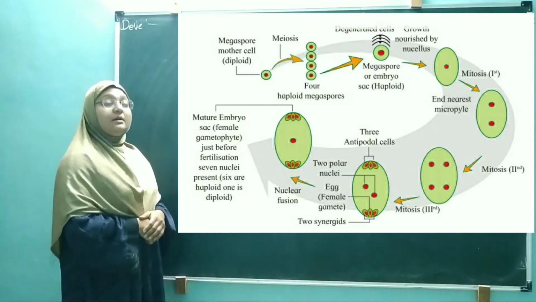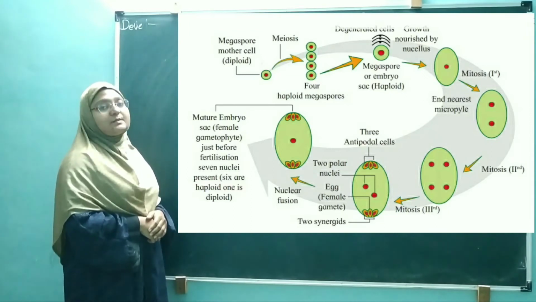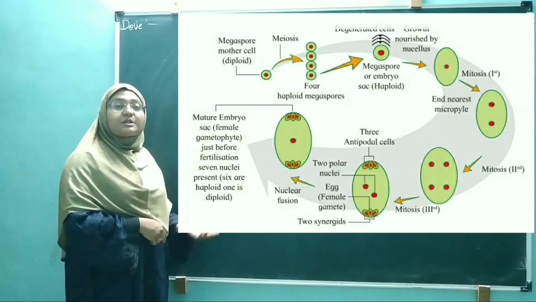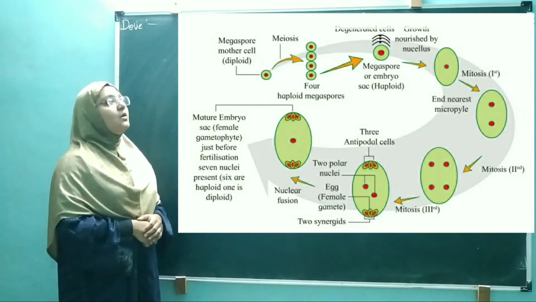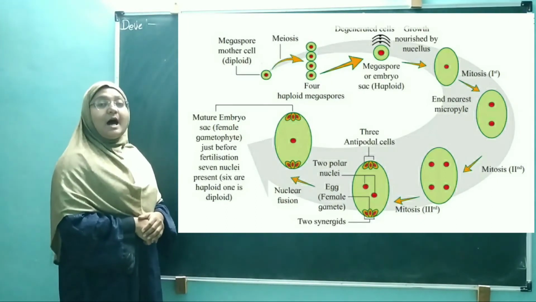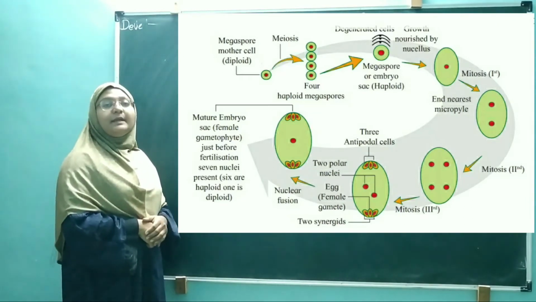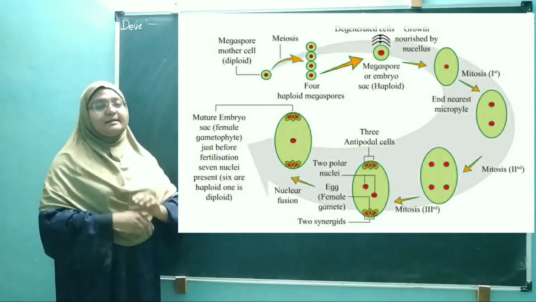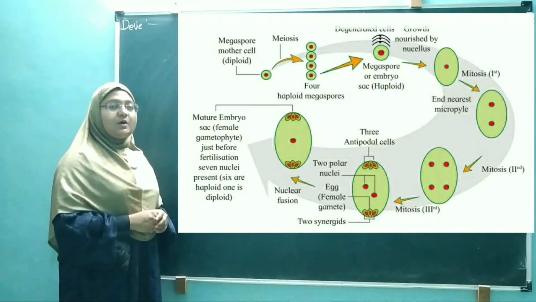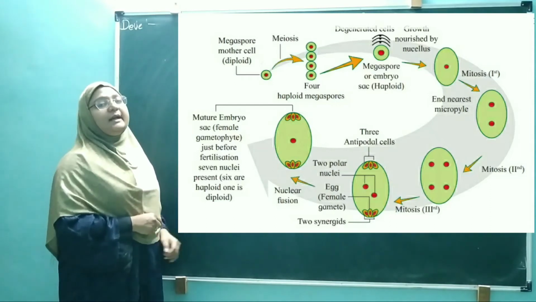They grow inside. This maturity and the nourishment for the growth of this functional megaspore is provided by some nucellar cells. Nucellar cells provide the nourishment for the developing megaspore or embryo sac. Now this functional megaspore attains maturity and undergoes the first mitotic division. But this mitotic division is not the complete mitotic division. Only karyokinesis will occur. क्या होता है माइटोसिस में? एक सेल से 2 सेल्स बनते हैं, लेकिन यहाँ पे क्या हो जाएगा? सिर्फ न्यूक्लियस डिवाइड हो जाएगा. Means karyokinesis occurs. Only the nucleus will divide.